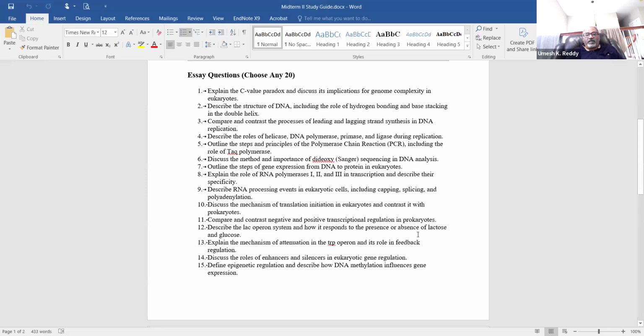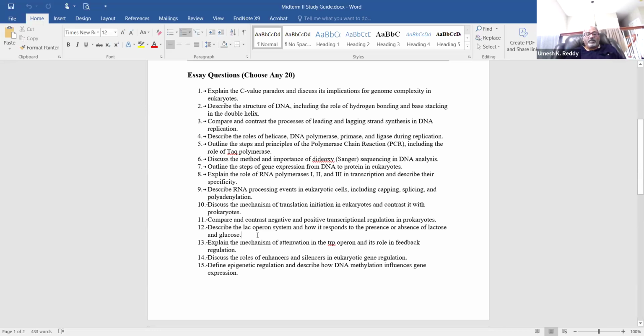But when there is a presence of lactose, this lactose can bind to the repressor and make sure that the repressor is dissociated, or it induces the gene to function. Then what happens? The lac operon functions, producing all three enzymes. Beta-galactosidase can break down this lactose into glucose and galactose. Permease can bring more and more lactose inside the cell. And transacetylase is important for further utilization of glucose and galactose.